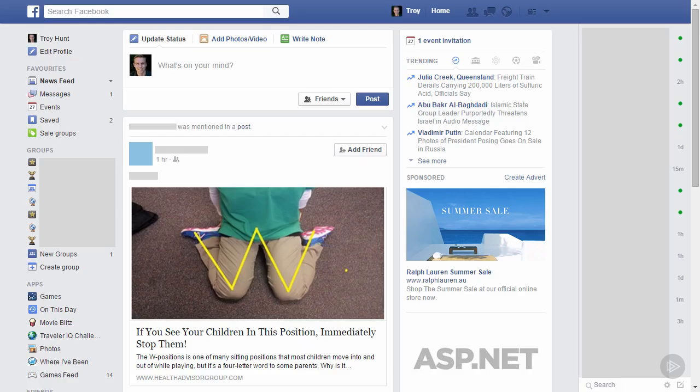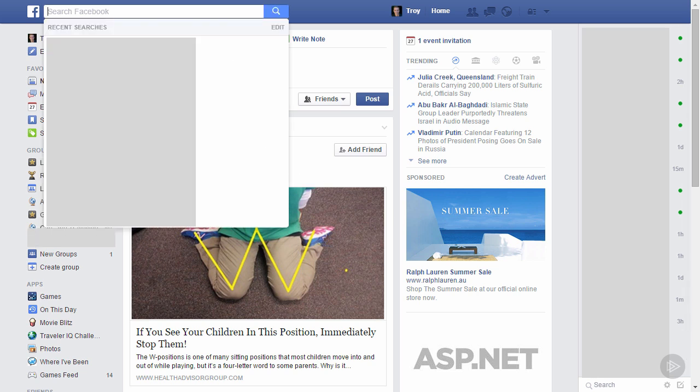Facebook is an absolute treasure trove of personal information. And where it gets really interesting is when you start to combine the data from multiple sources. So taking what we have from LinkedIn, which is obviously more of a professional context, and then adding that together with what we have from Facebook, which is more of a personal context. Let's now search for the individual that I just found on LinkedIn.